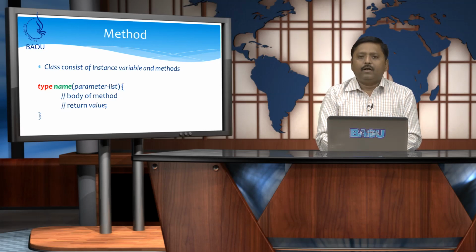For example, if I want to find the factorial of a number, then my return type is the factorial of the given number. So, I can assign long to type, which is the return type for the method. My name may be factorial and the parameter it takes may be an integer of which we want to find the factorial. So, a method has 3 important components: return type, method name and parameter list.